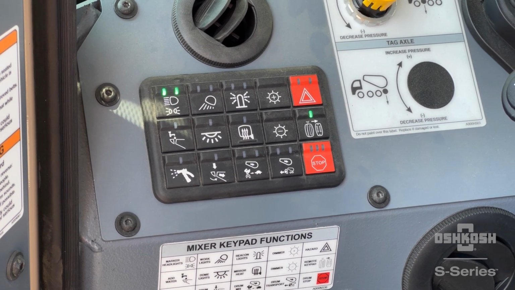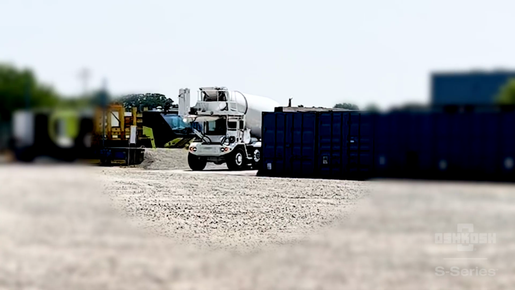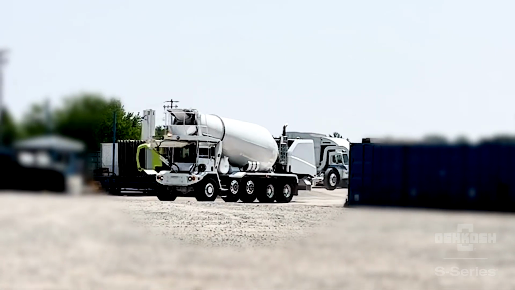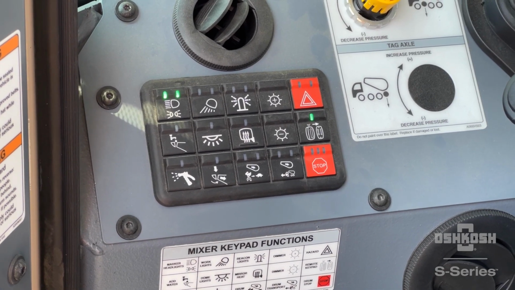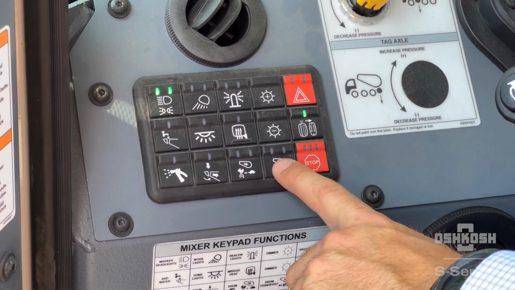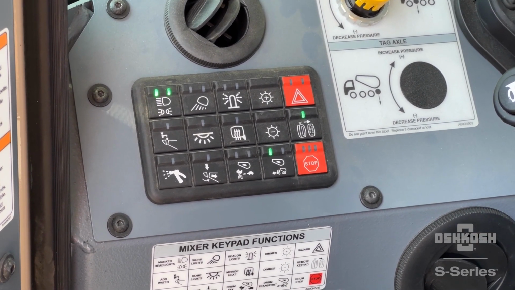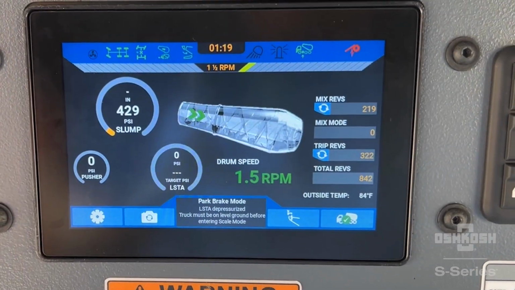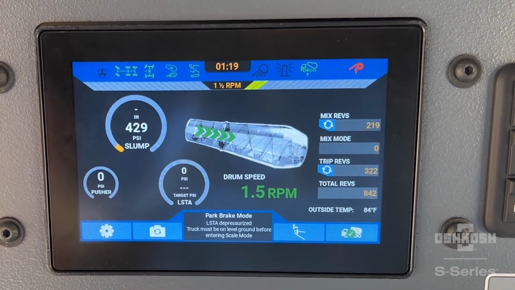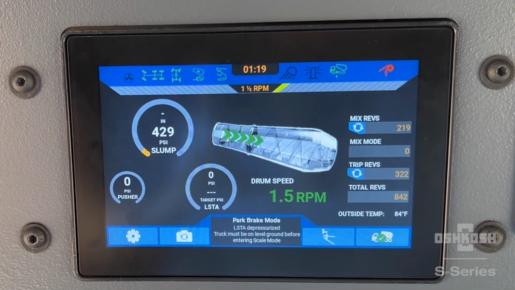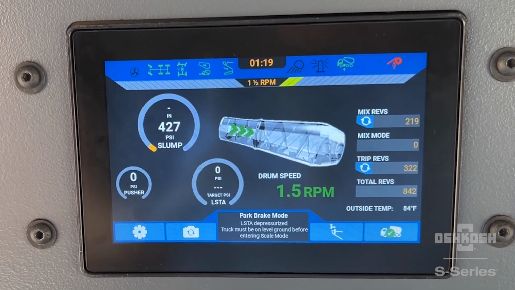The first mode that we'll speak to is Transport mode. The primary use case for Transport mode is when you're driving to and from the job site. To enable Transport mode, simply press the Transport mode button once. This mode will keep the drum at a constant speed and is preset from the factory at 1.5 drum RPM. This constant speed will be held regardless of vehicle and engine speed and can help prevent overmixing and unnecessary drum